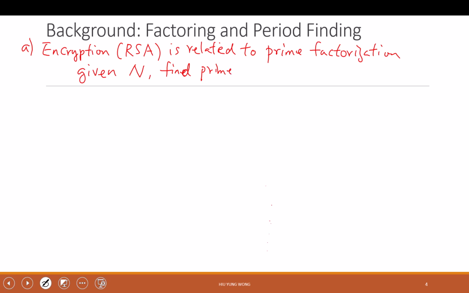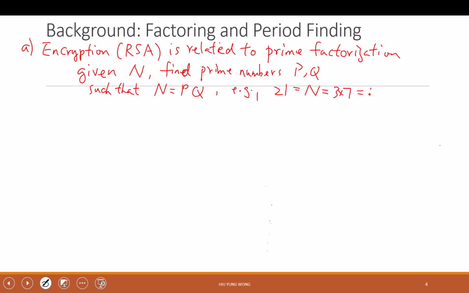You need to find two prime numbers, P and Q, so that N equals P times Q. As an easy example, if you are given 21, you need to find its prime factorization. Which two prime numbers give you 21? It is 3 times 7,